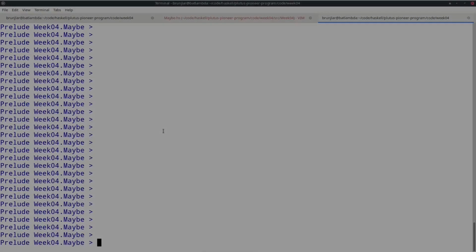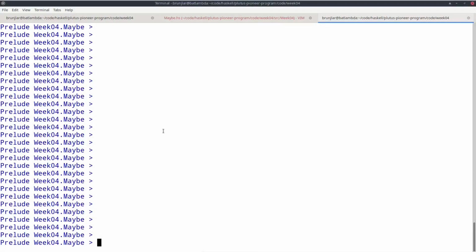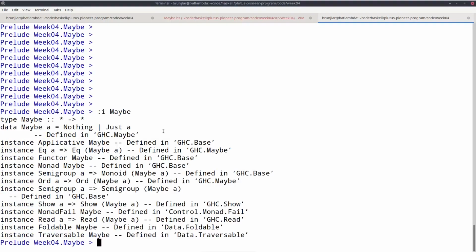Now for a while, let's completely forget about I/O and let's just write pure functional Haskell using the Maybe type. So the Maybe type, for those that don't know, is one of the most useful types in Haskell. So it's a type constructor that takes one type argument, and Maybe A is often called something like optional in other programming languages.